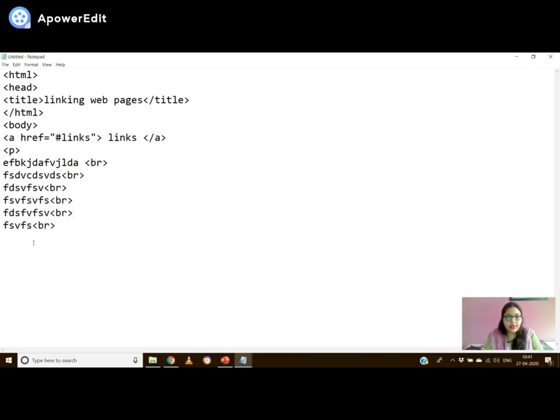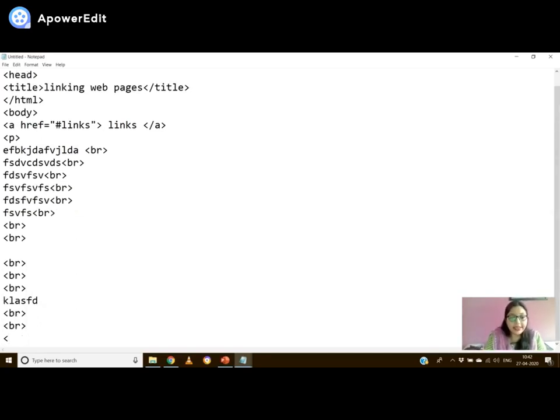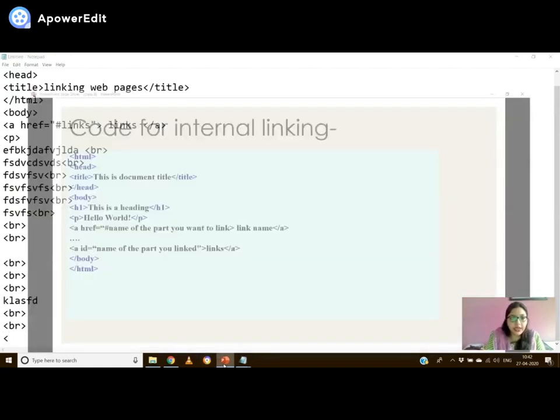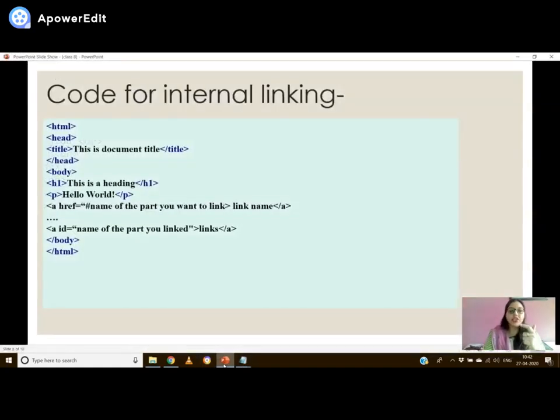Again and again I'm going to put this break only, so that there will be many breaks here. After this let me again write something. Now let us write that ID thing which I told you. I have told you that after writing the a href, you have to write an ID, the name of the part that you want to link.